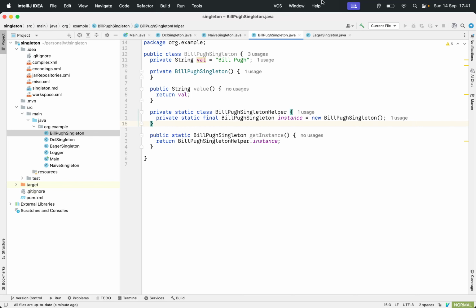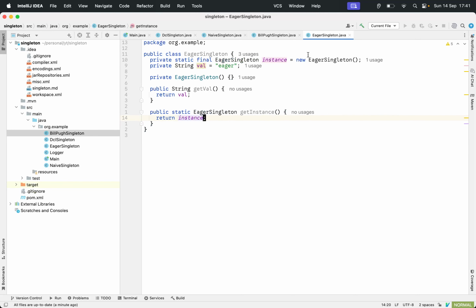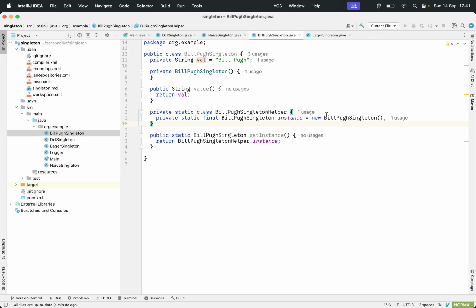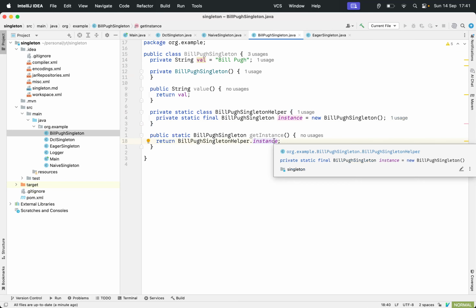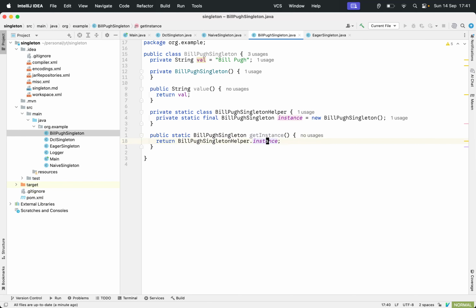So instead of eager singleton initializing directly, you will initialize only when this getInstance method is called, which is the global access point anyway. Now this came at a time of early Java days. You don't really need this kind of implementation, but it is good to know.